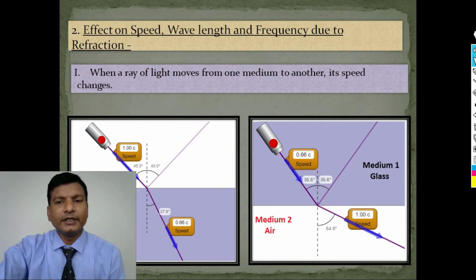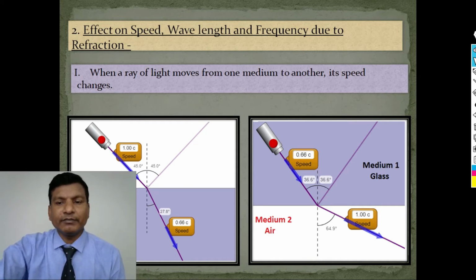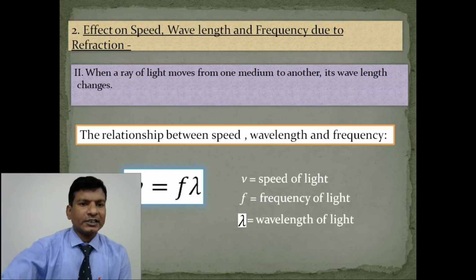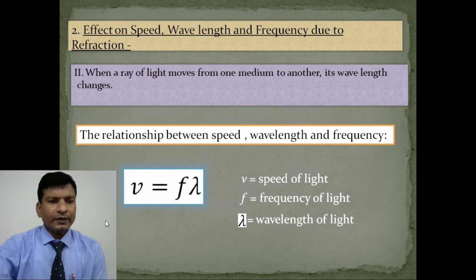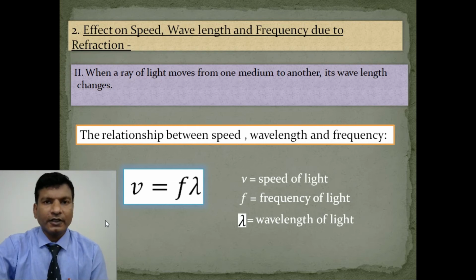So in this way, the speed of light changes when the ray of light moves from one medium to another medium. Next we'll see how the wavelength of the light ray changes when it moves from one transparent medium to another. When the ray of light moves from one transparent medium to another, like speed, the wavelength also changes. Why is the wavelength changing? Since the speed of light is changing while it's moving from one medium to another, the wavelength of the